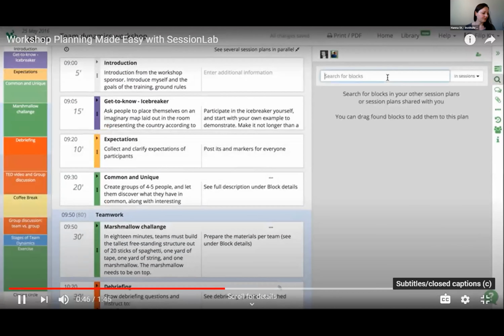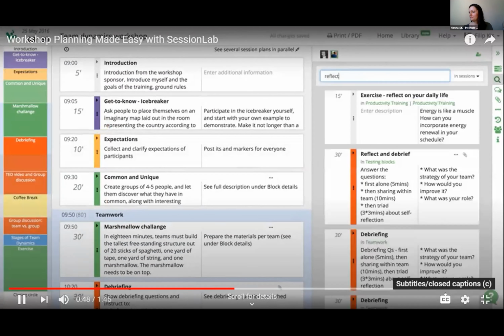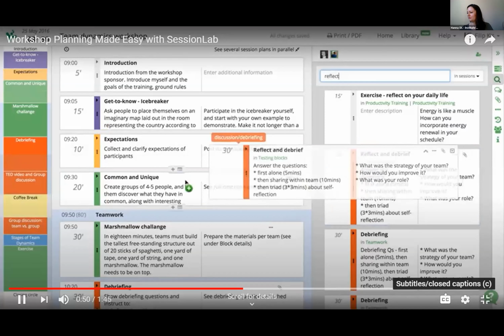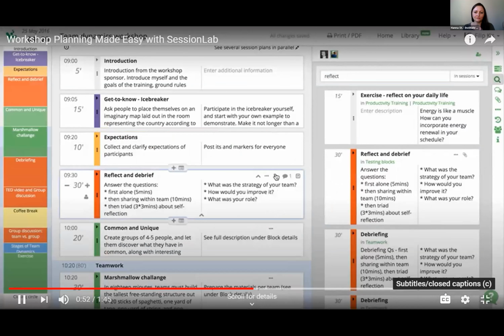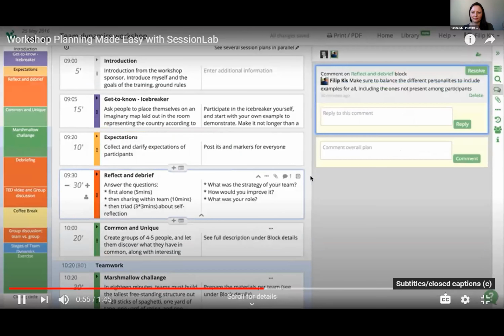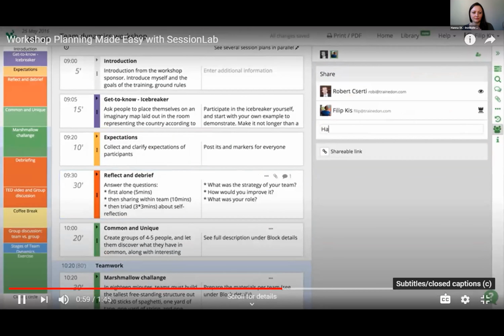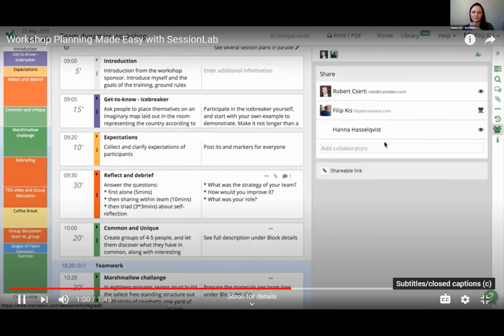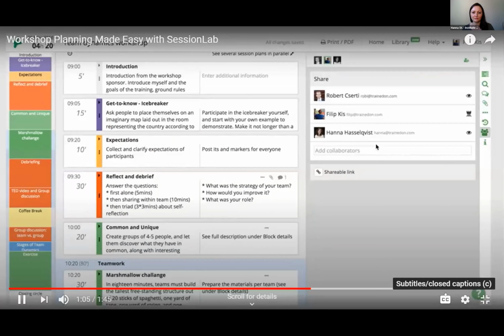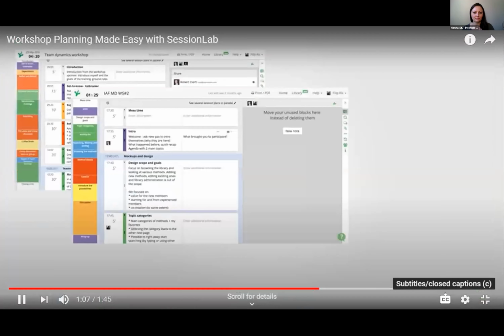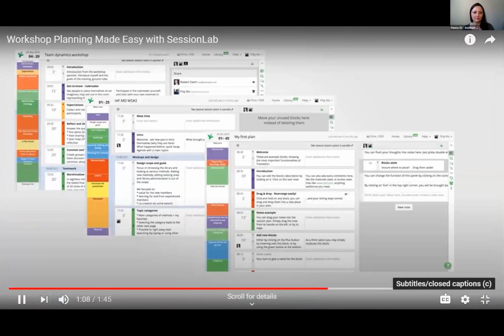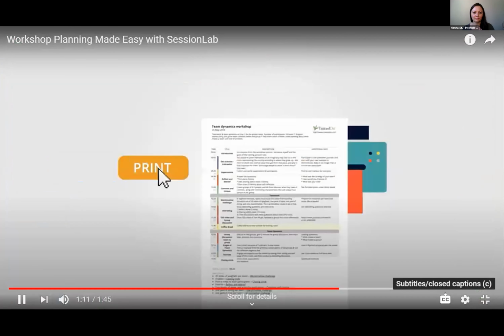Find any piece of content that you or your colleagues created earlier and seamlessly reuse them together with related attachments and evaluation comments. You can also invite your colleagues to work together with you or your client to review the plan. Spare the hassle of version control and emailing spreadsheets. What's more, you get a consistent and professional planning format to use in your team. And create beautiful looking printouts with a click.